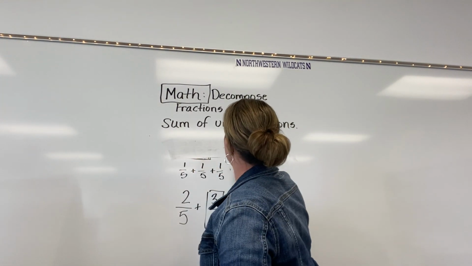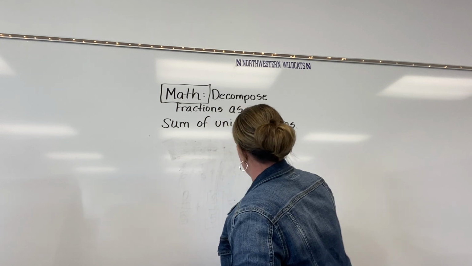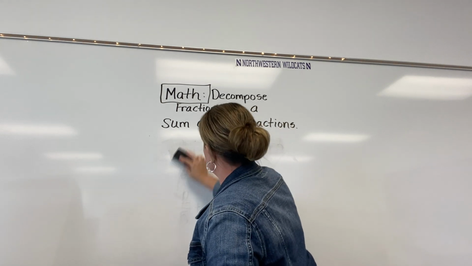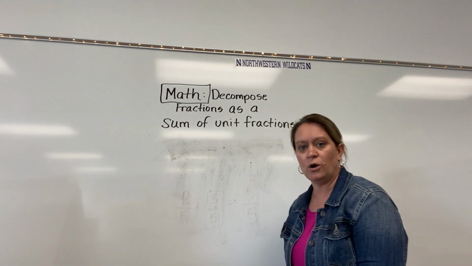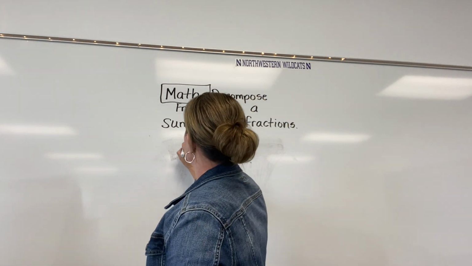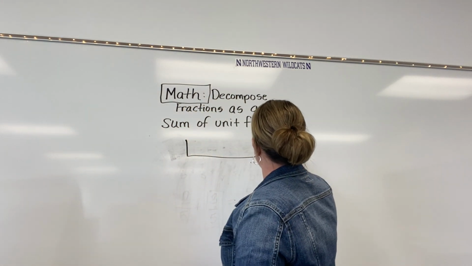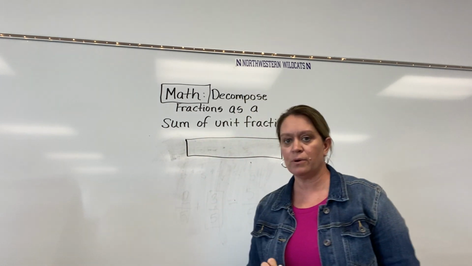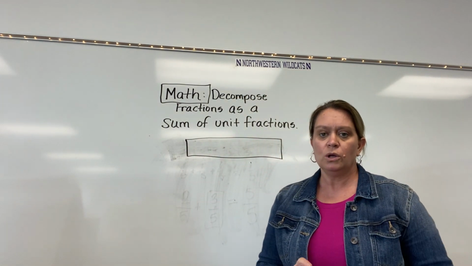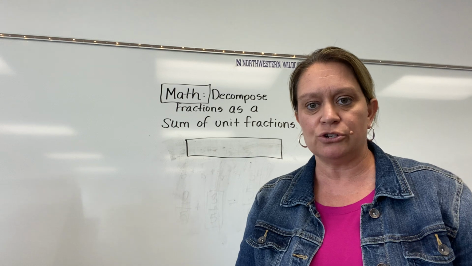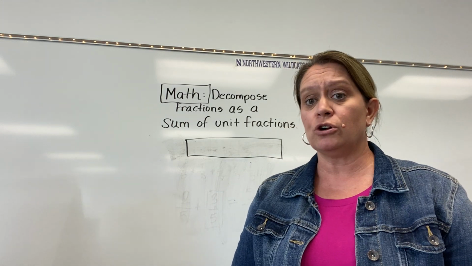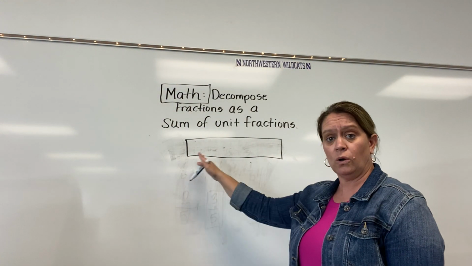You're always going to start with that tape diagram that is one whole. So we're going to draw what looks like a piece of tape or a strip of paper, and this is one whole. Well, on your homework, if it's asking you to draw 9/10, you're going to divide the one whole